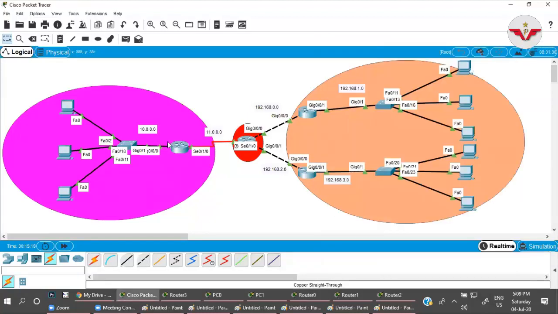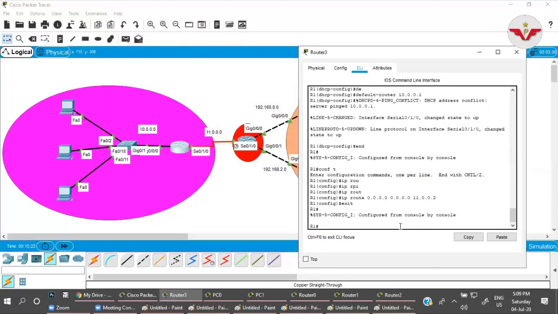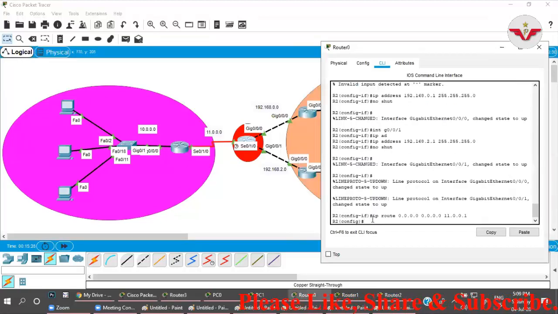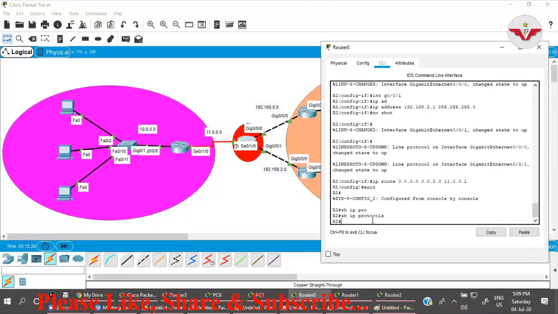Okay, let us check the protocols here on R1. What are the commands we use? Show IP protocols. Right now this router does not have any dynamic routing protocol, so it's showing nothing. Let us come to this router as well. Show IP protocols, nothing is here. No routing protocol is running here.